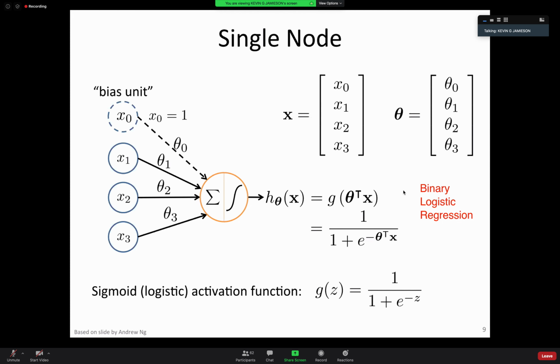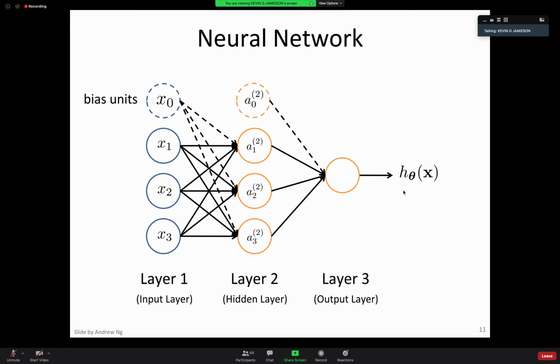That would be your classification rule. And this was very nice because it was convex, and we had lots of nice things we could do for logistic regression. Now, as we move to neural networks, basically, the only thing that's changed is now, instead of going straight from